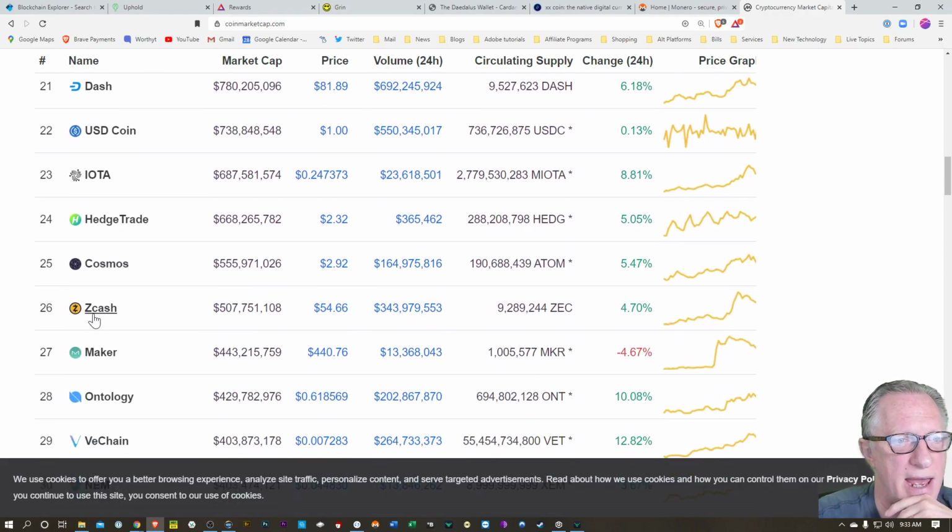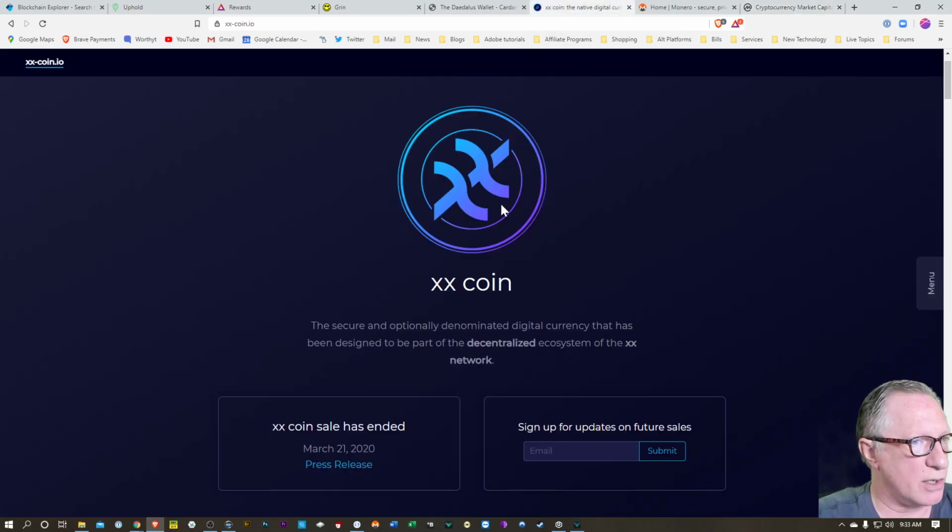And then Zcash is another privacy-based cryptocurrency. And then we're talking about XX coin too. There are some other privacy-based coins, and those coins attempt to obfuscate the sender and receiver of transfers, right?